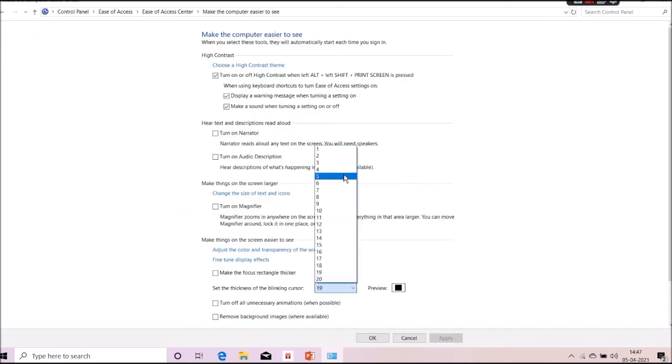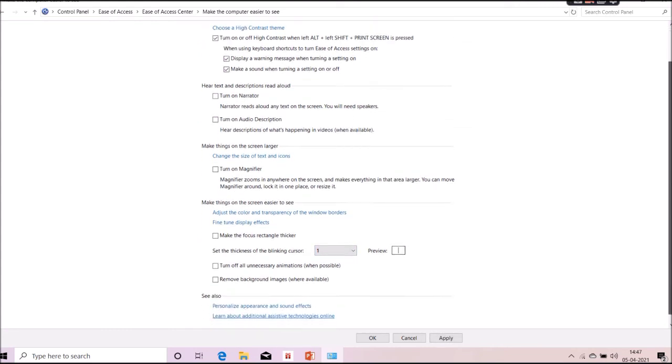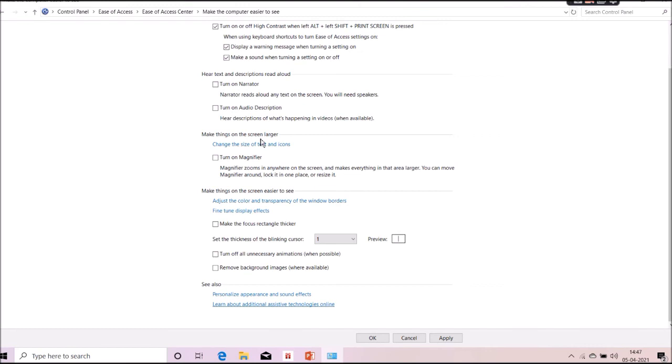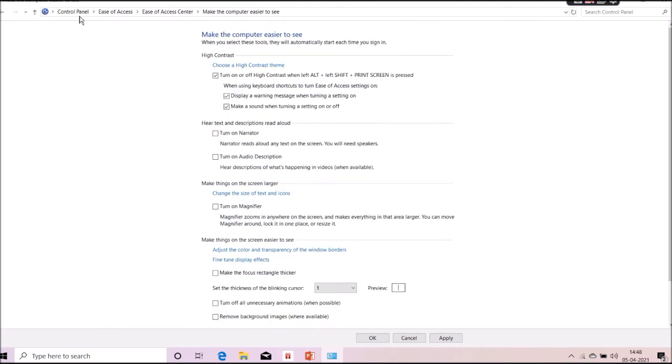Okay, so you can minimize that also, and after that you can turn on narrator. You can make the focus rectangle thicker also. You can remove background images also. Everything you can do with Ease of Access and Ease of Access Center, and make the computer easy to use.